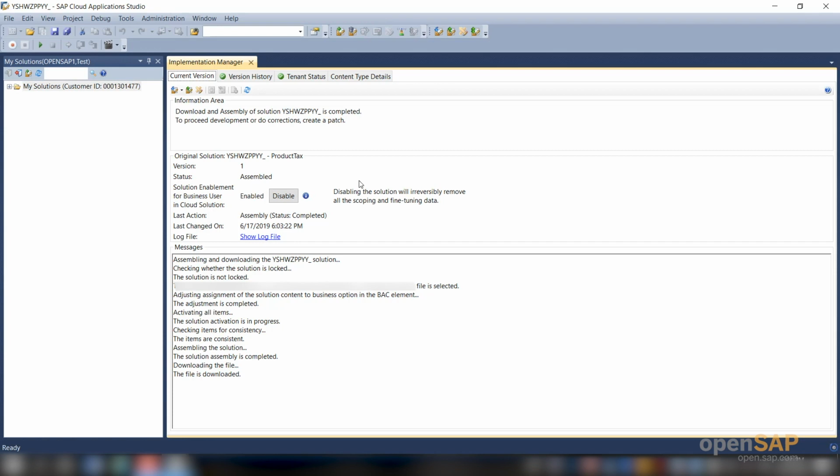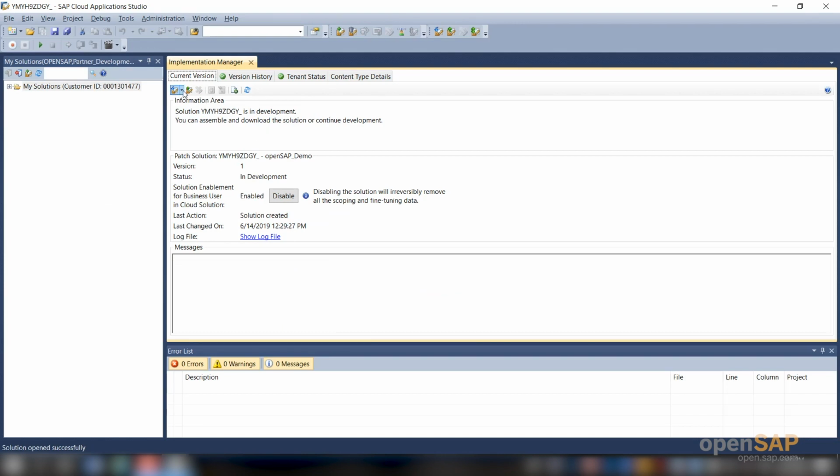The only way I can proceed is to create a new patch on top of this solution, which will allow me to make further bug fixes or corrections. It also says in this information area, to proceed with development or do corrections, create a patch. So this is how you download a solution.